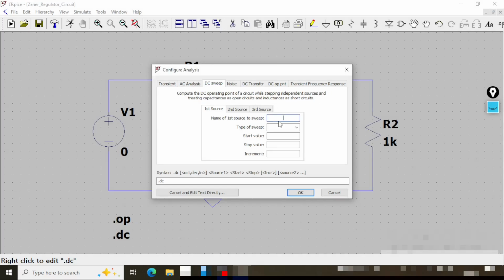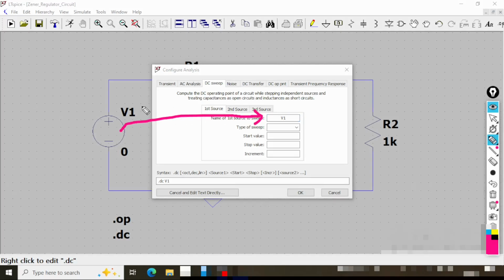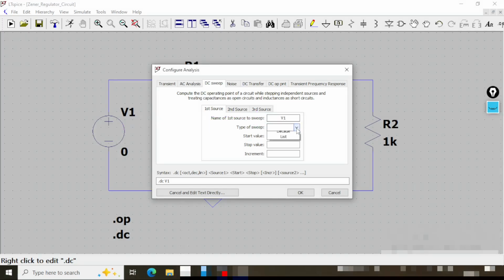Okay, and now the name here. So this is V1 because we will be sweeping this voltage. We are giving this particular name here. Type of the sweep, this will be linear. Now comes the most important factor, at what value we will start, because we are tracing with a Zener, right? The voltage tracing will be on the Zener and we have back-to-back Zener diodes. The range will be much higher than 4.7. Here we start with minus 15, top value is plus 15 and we will increment using a step of 0.5